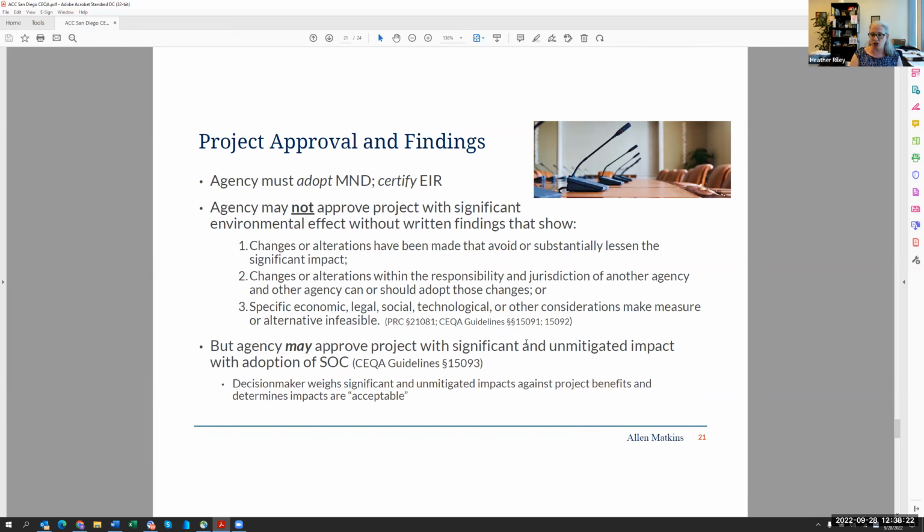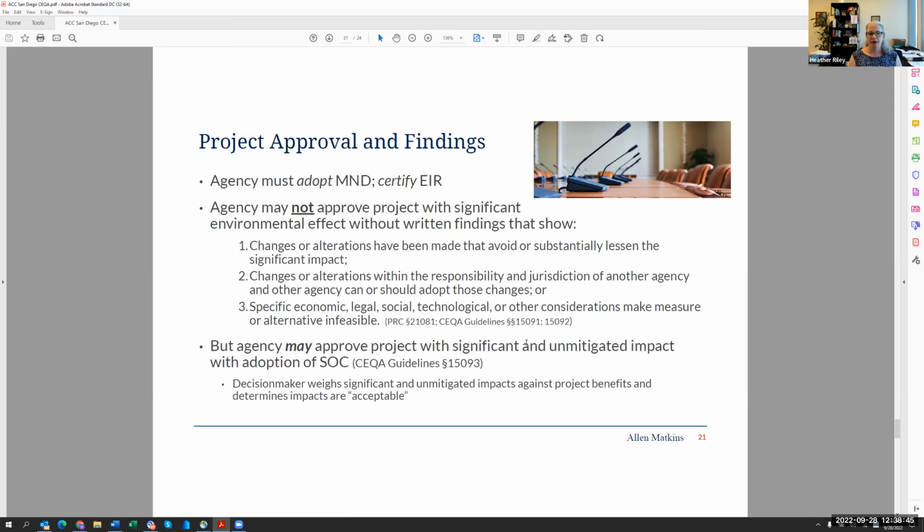There's some jurisdictional boundary. Caltrans, an impact on a freeway. You can't make Caltrans add another lane on the on-ramp. That may end up significant and unmitigated. You could still do the change, and you very well might, but the agency in question, the lead agency, the one that's approving your project, can't guarantee that impact will be mitigated.